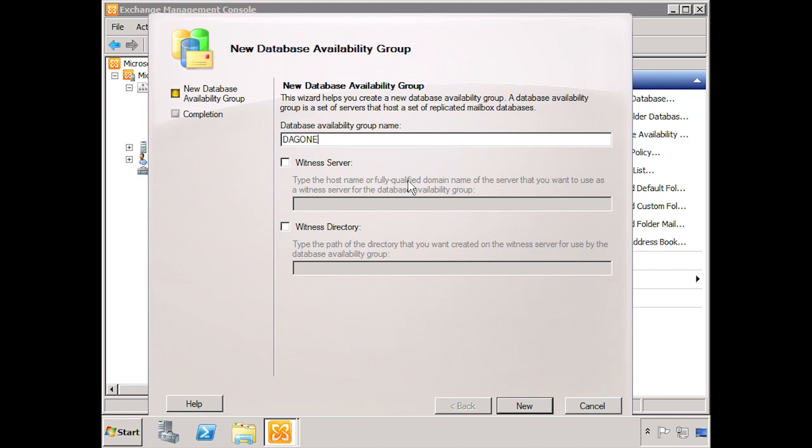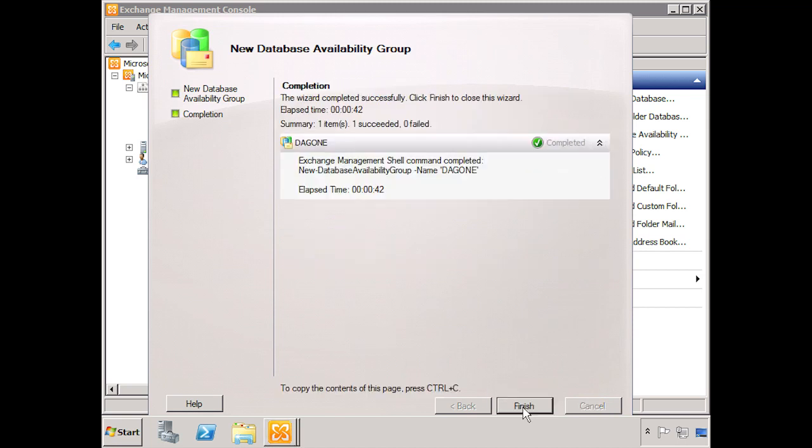We don't have to start worrying about typing in all the information here for the host name or fully qualified domain name. It's all going to do it itself. As far as the witness directory, if we wanted to determine a specific one, we could do that. We could click the little checkbox and we could determine what our specific witness directory will be, but we're going to leave this blank as well, and we're going to let the wizard create it for us. And so you'll see what exactly is created and where on a server by default. And that may give you some ideas as far as doing it yourself if you wanted to do it manually sometime in the future. Okay, so we have our name. The system will find the witness server and create the witness directory. We click New, and it completed. Pretty simple, actually, right? So we click Finish,